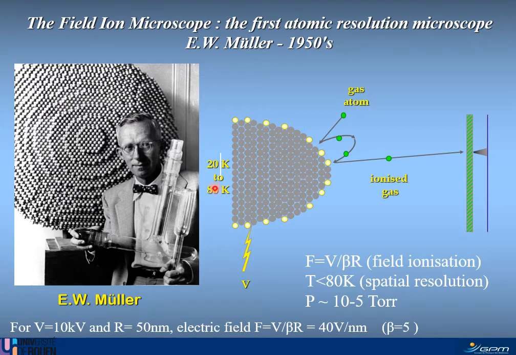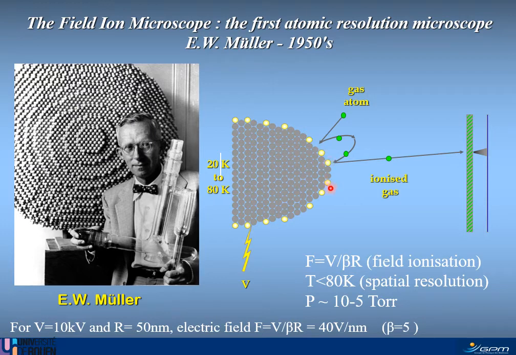So you place this tip in a vacuum chamber. This is the analysis chamber, okay? And so you will introduce neon, for instance. That is a rare gas. And this gas will be ionized preferentially close to the tip. And more precisely, close to the atoms that are